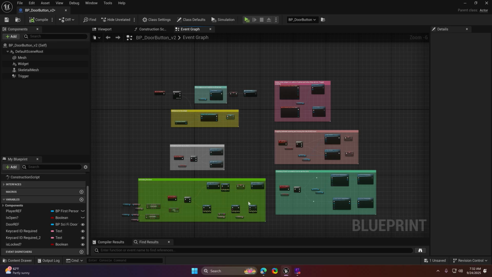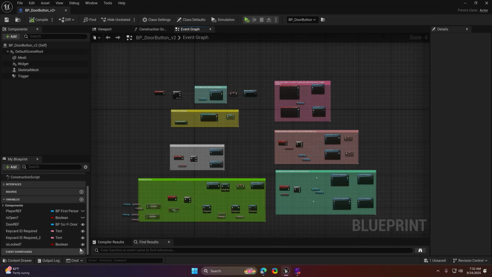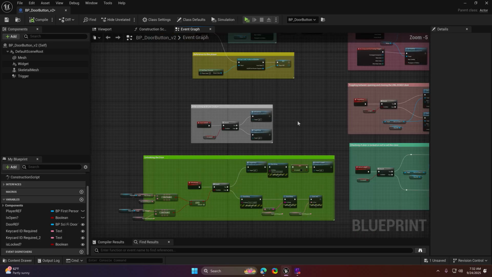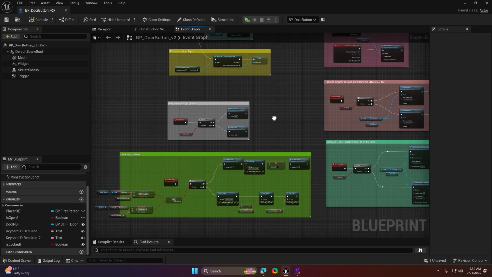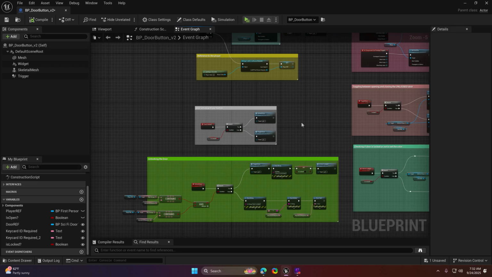Okay, so in our blueprint, we have it to where there's a couple variables that are visible to be able to show inside of our outliner or our details panel. So these four things are right here. And we're kind of setting that at the very beginning. So to make this better,